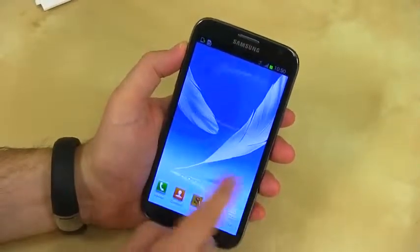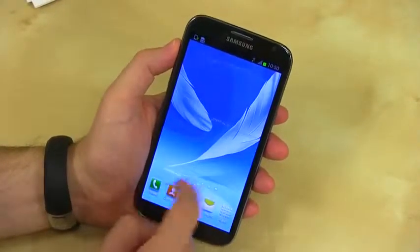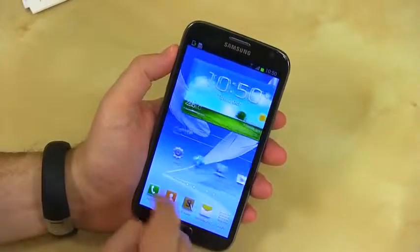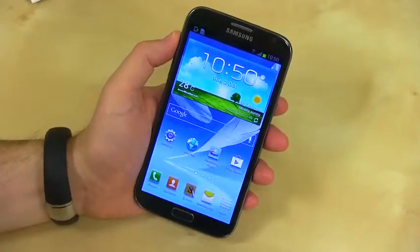So this has just been a first look and unboxing of the Galaxy Note 2. Of course, we'll be using it and giving you guys hands-on impressions and comparisons with all the latest phones out there. Anything that you guys want to see in particular about this device, be sure to let us know down below,